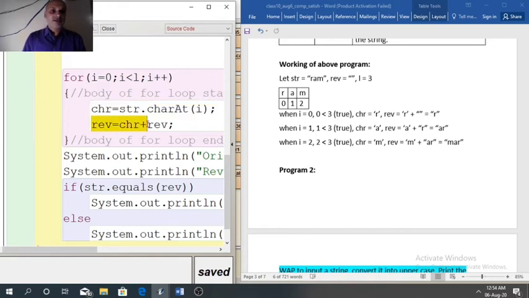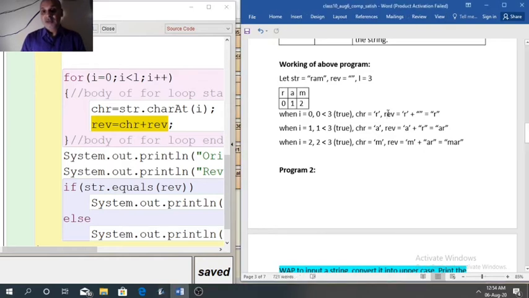After that, a new character is added before the rev. So here you can see how it is added. chr is r. Now rev equals chr first, that is r in single quotes because it is a character, plus rev.